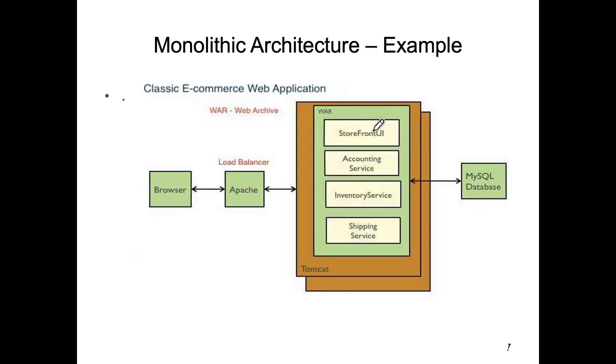Now I'm using the word service here, with the exception of the first one, or the image is using the word service. Service is a term that has only come into the software engineering space in more recent years. Back in the early days of the monolithic architecture, we didn't use the term service. But that aside, let's just call them modules. They seem to be well defined and self-contained,